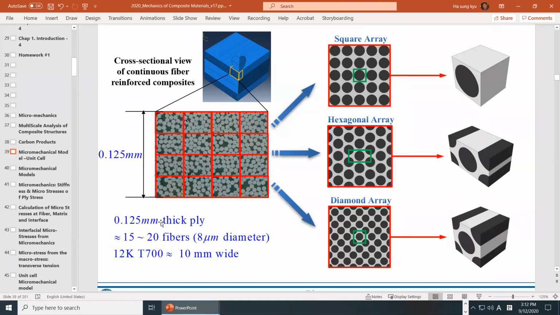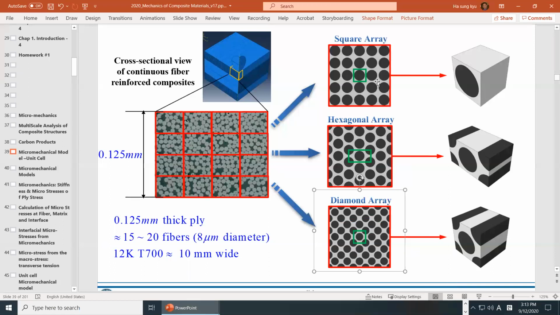And imagine how big this fiber is. This is one fiber. One fiber is let's say 7 or 8 micrometers. So 0.125 will correspond to about 15 to 20 fibers. So, well, you can imagine 12K can be spread as much as 10 millimeters wide. You can easily count them. And now this one needs to be assumed like a square array, hexagonal array or diamond array, depending on